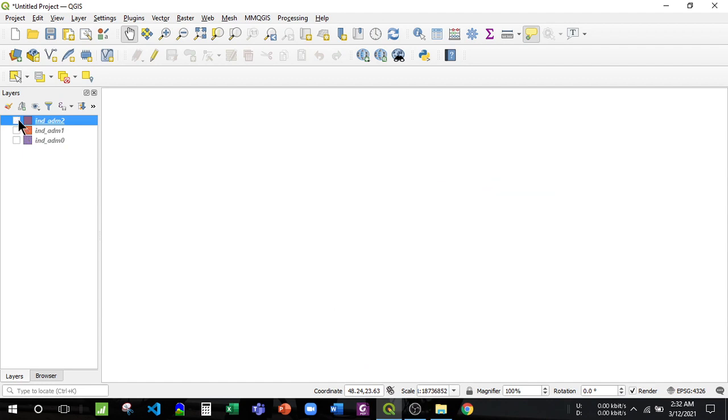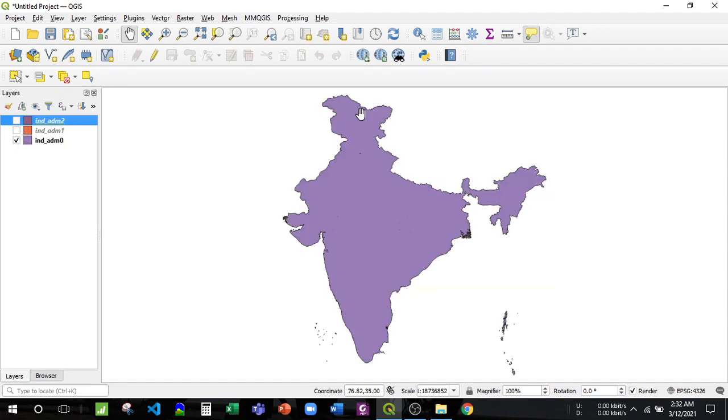Remember one thing: while making a professional map, all you have to consider is this head. In some cases you won't find maps which include the Kashmir part.